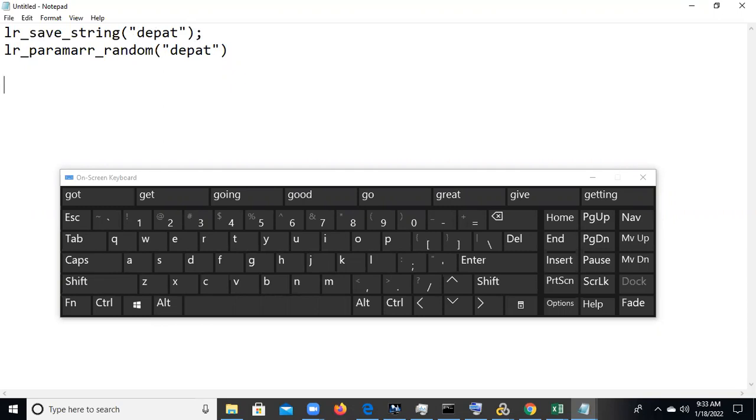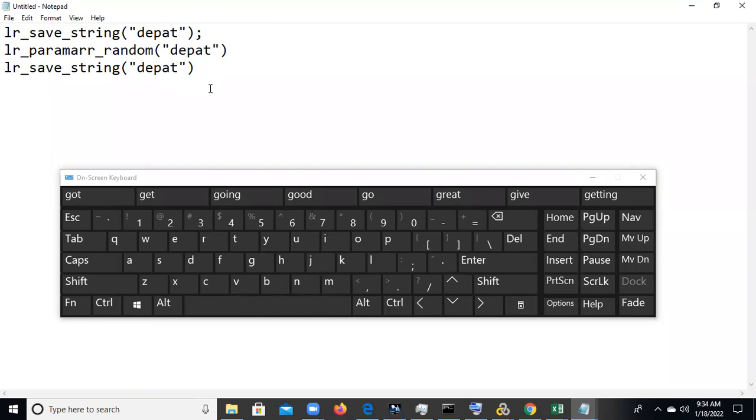This departure is a normal variable, not a LoadRunner variable, so we need to save it to a LoadRunner variable. What we can do is write lr_save_string.